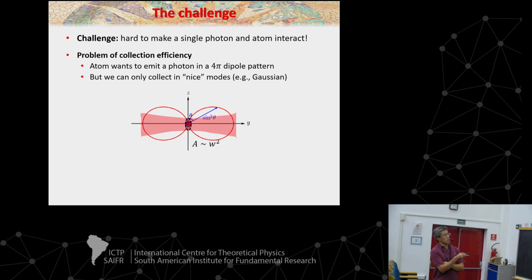So in particular, while a dipole emits into 4 pi, if you can generate a Gaussian beam, which for our purposes is just some kind of focused beam, where at the focal plane you have an effective area that's given by the beam waist squared. And if you remember from basic